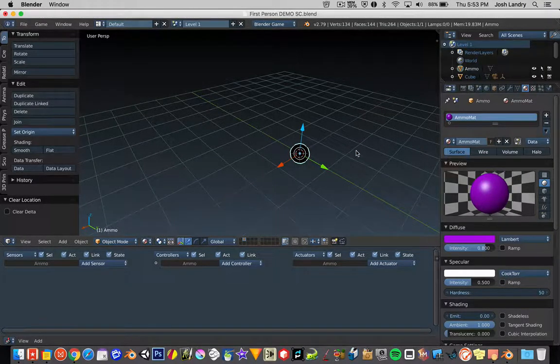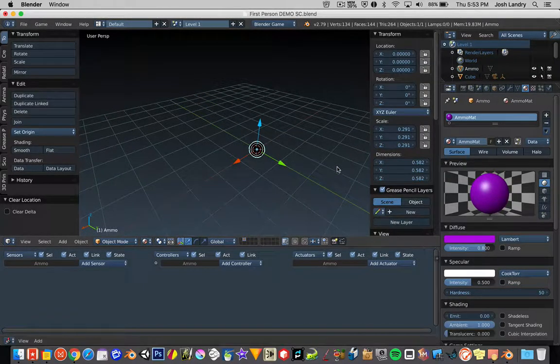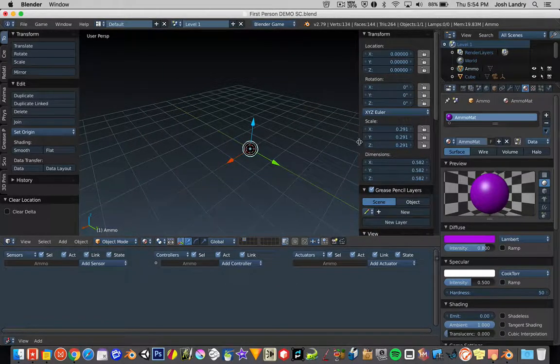Now, here's a really important thing with the Blender game engine. If you press the letter N, you'll get the toolbar over here on the right. Generally, this is good for Blender in general, but it's really important with the game engine. When you press N, if you see that there is rotation on your object, something other than 0, 0, 0, and if you see that the scale is something other than 1, 1, 1, if you see a change in any of those 6 areas, you're generally going to then want to press